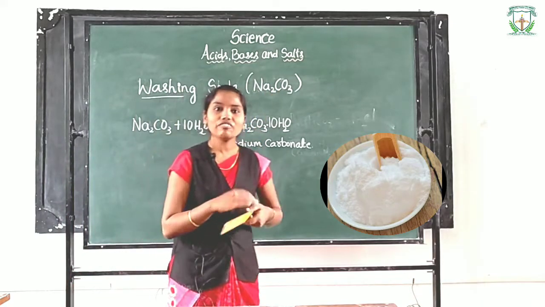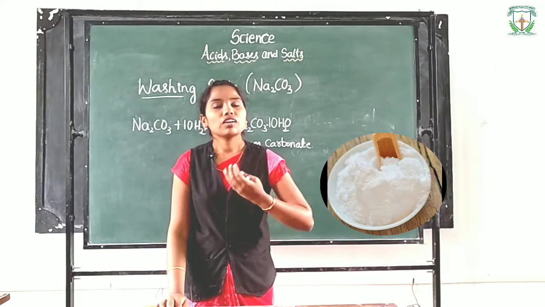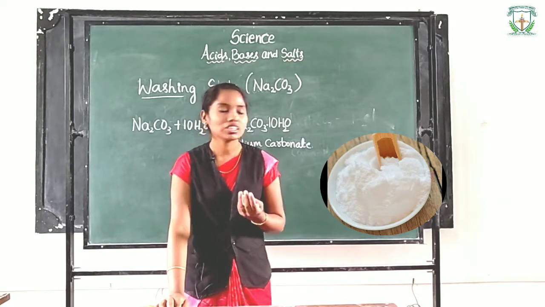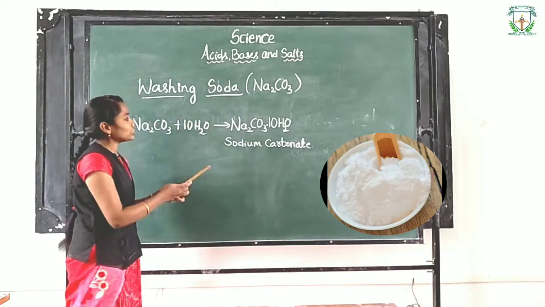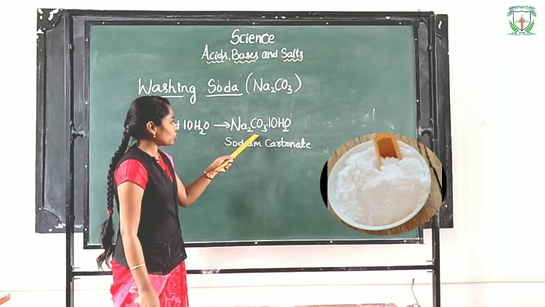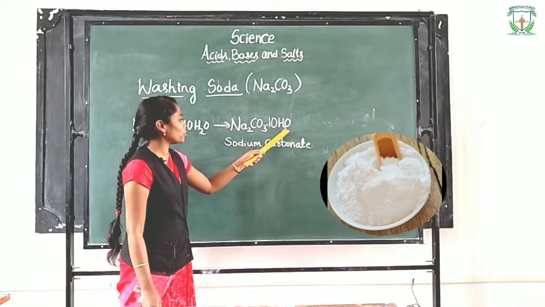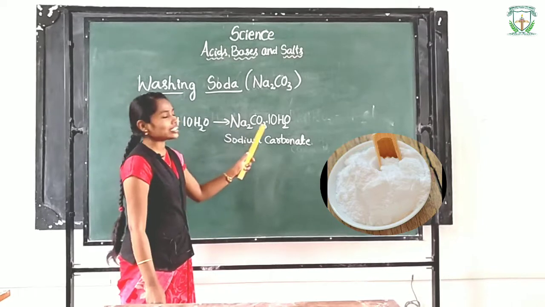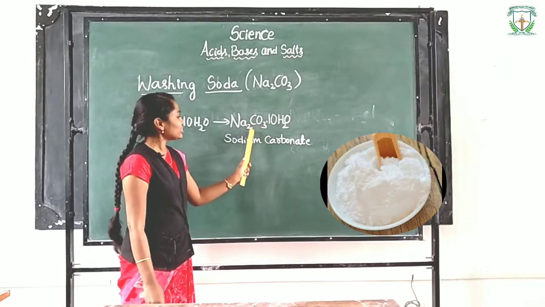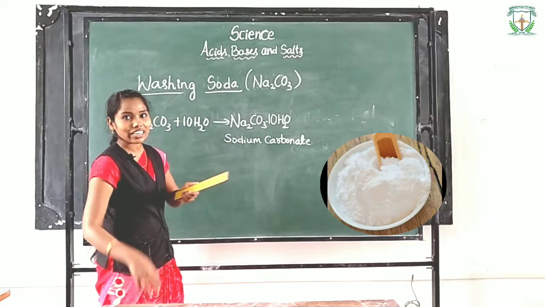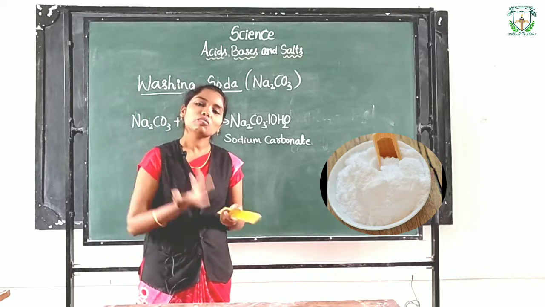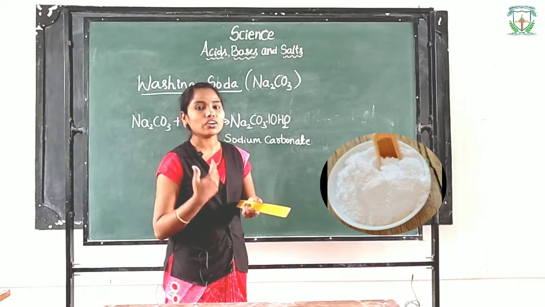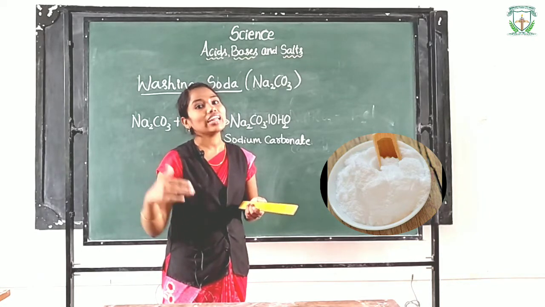Observe that when we heat sodium hydrogen carbonate, sodium carbonate is produced. So this is Na2CO3 with H2O molecules, and it is called sodium carbonate. Children, observe here, it has water molecules in it. Is this washing soda really dry, or is it a moisturized crystal? We are going to see with the next activity.